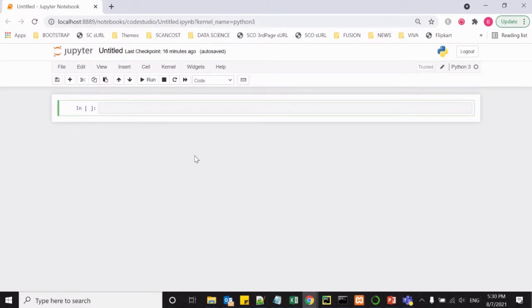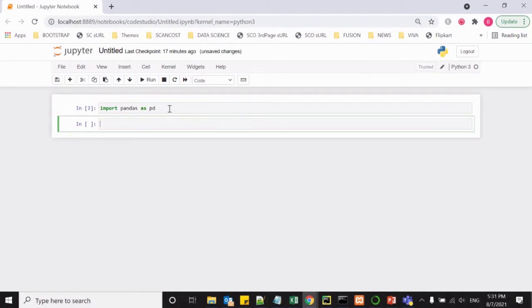Now to read the data set, I like to import the pandas library. So let us import. Now create a data frame to read the data set. The data set is in CSV format, so we will use the function called read_csv and the file name.